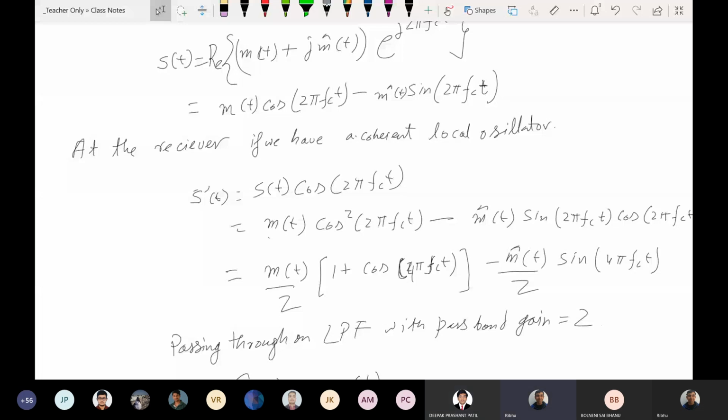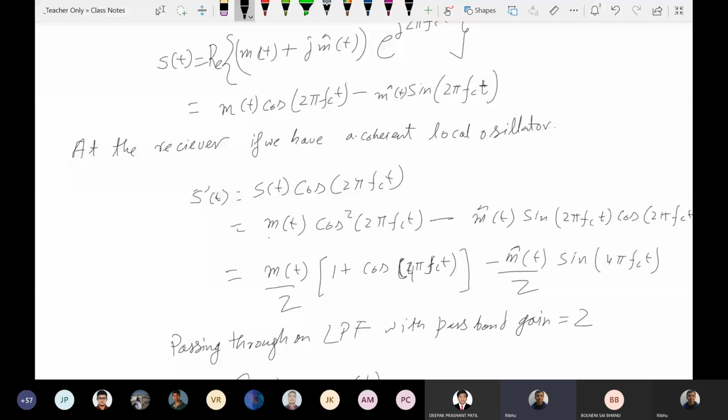So in order to recover this s hat(t), or if we want to recover this m(t),